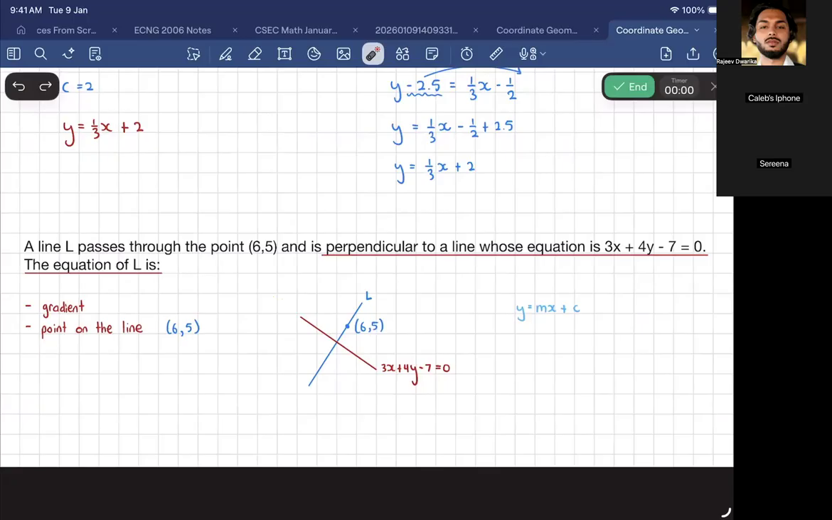So Caleb, right now, what are you doing? What is your objective right now? What are you trying to find at the moment? The reciprocal. But you had to get the gradient first. How are you going to get the gradient of the red line? That's the question you should ask yourself. How am I going to get y